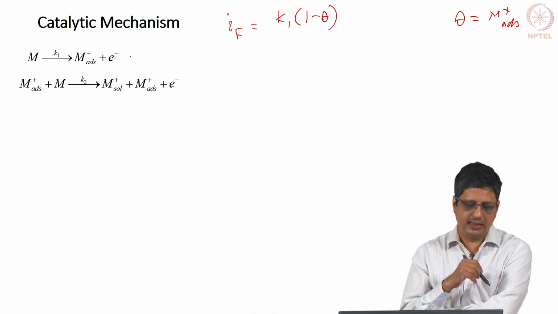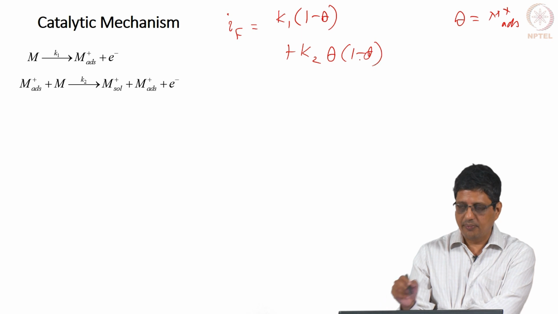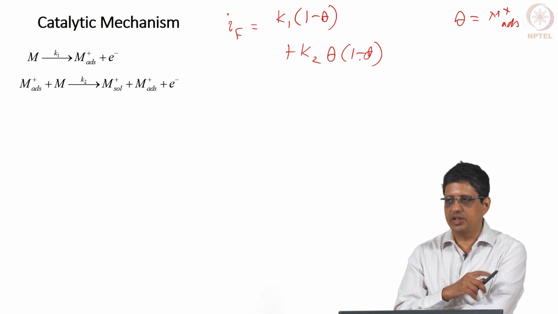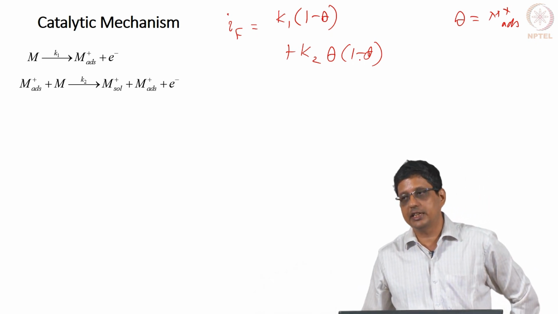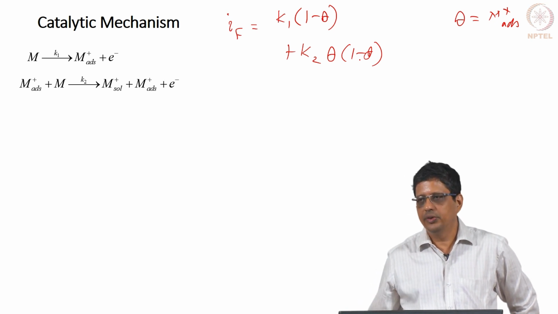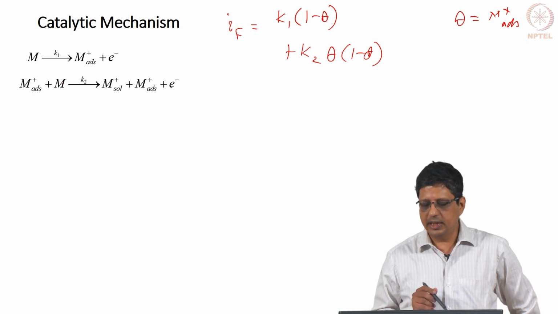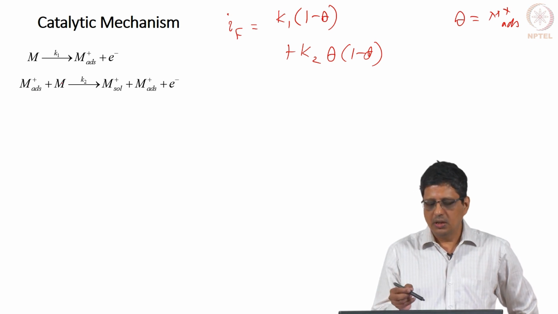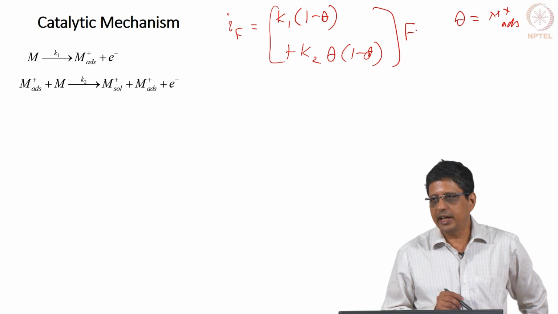First step is going to give us an electron. Second step involves, it is a second order reaction. There are two species. So, if I say A going to B, it is a first order reaction as long as it is an elementary reaction. If I say A plus B going to C or whatever, it is going to be second order because you have two species involved. First one is going to be written as theta, second one is going to be written as 1 minus theta, correct. All these things, this tells the number of electrons produced. Of course, I multiply by Faraday constant, I will get the current.